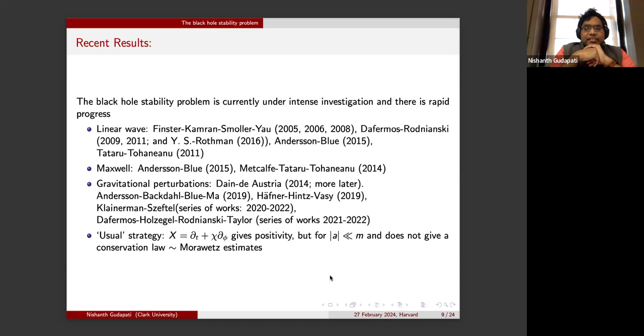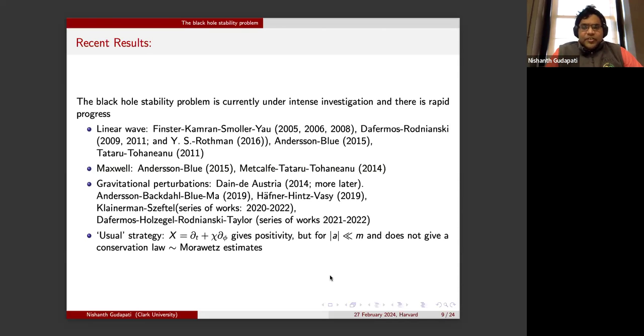But the problem there is that that energy is not conserved. So to obtain uniform boundedness even of that energy, it takes some really fancy, very difficult techniques to show that that energy can be controlled in time. In fact, as far as I understand, a very standard and famous technique is the use of a Morawetz estimate, which is like a space-time integral estimate to control these energies in time, which are like, in the 3+1 dimension sense, the boundary terms, right? So that's very difficult work, and there are many impressive works as I showed there.